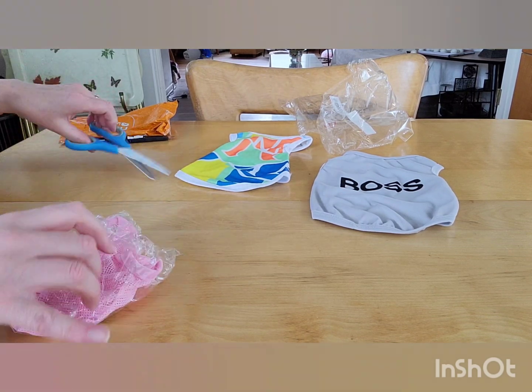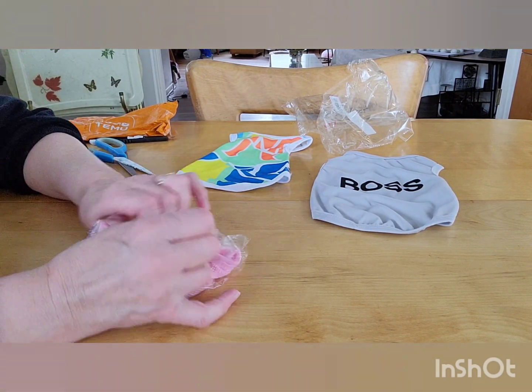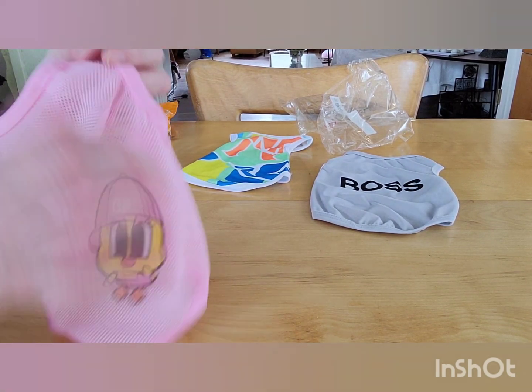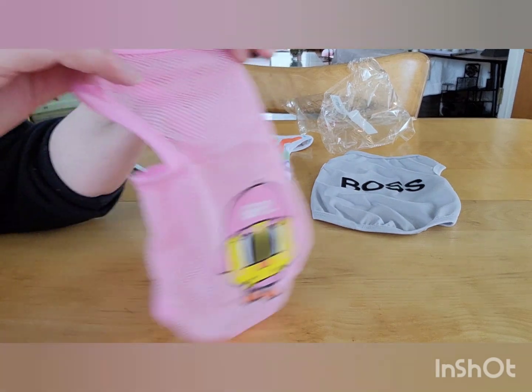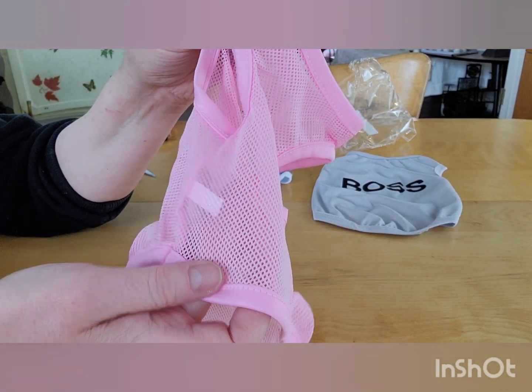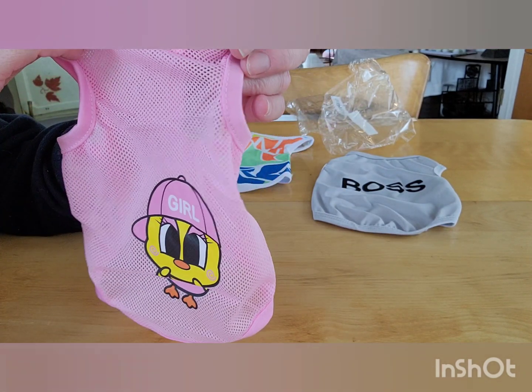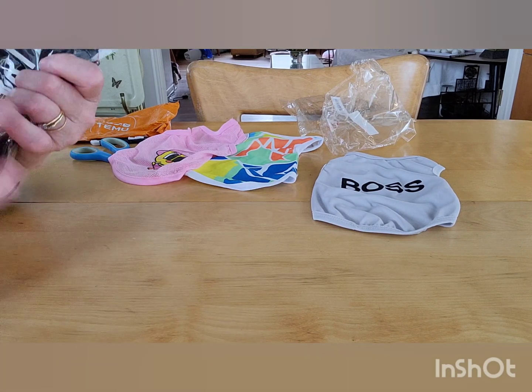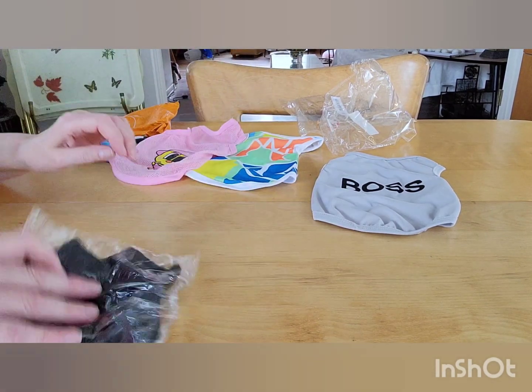That's scissors here. These were so inexpensive, like $1 or something. Oh, this one's really cute. Sort of a summery number. See, it's got very nice. This will be nice on her too. Okay. This one. Oh, this is good. She really isn't